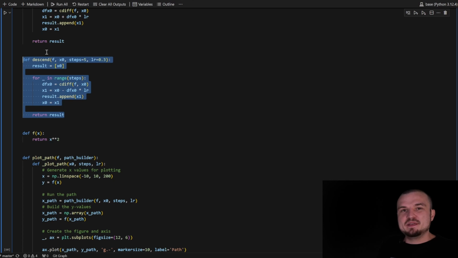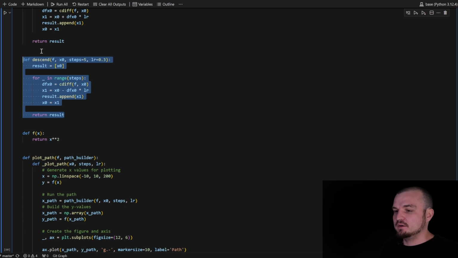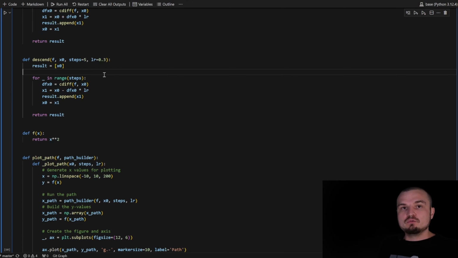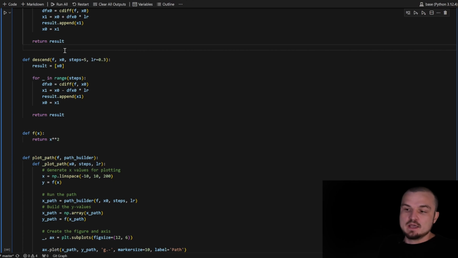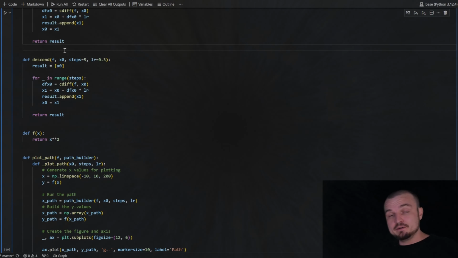But this quite simple scenario is everything that we have for the gradient descent. We just follow the direction of the derivative. In case of the gradient descent, we follow the negative direction of the derivative. And basically, it's everything that you need to know about the gradient descent. Just follow the negative direction of the derivative.